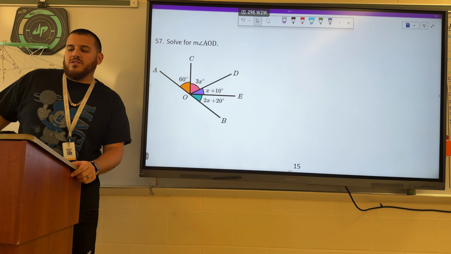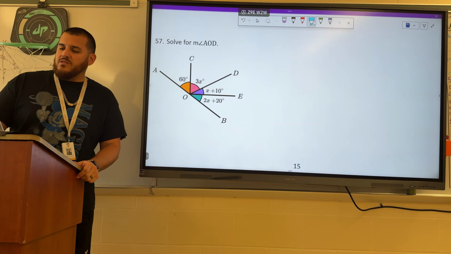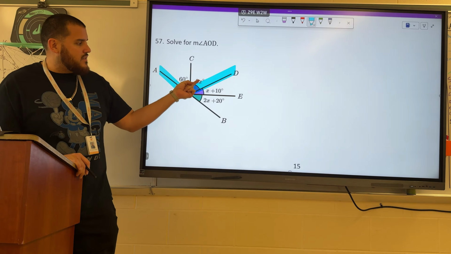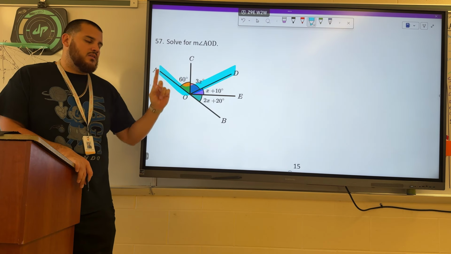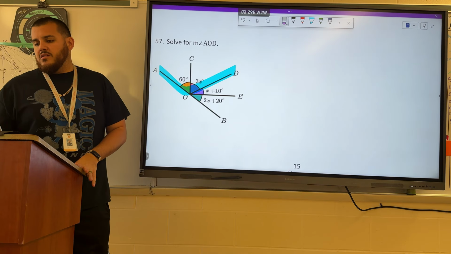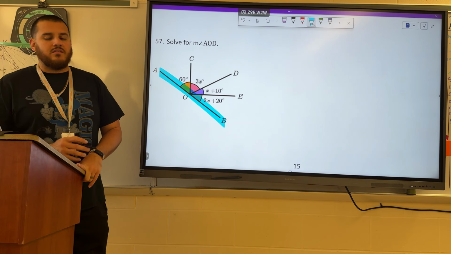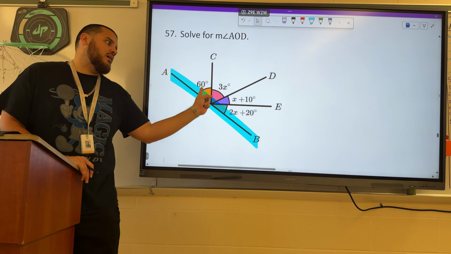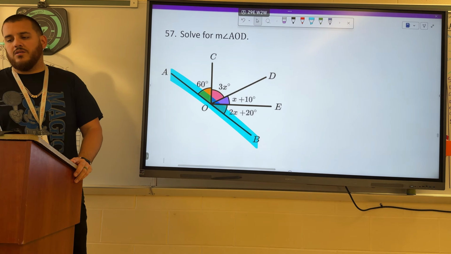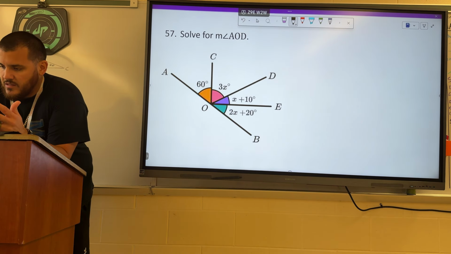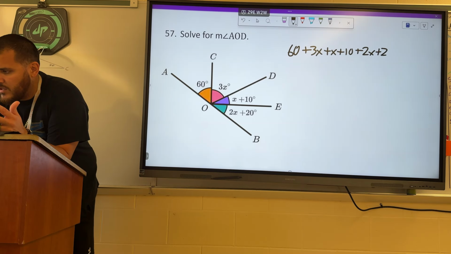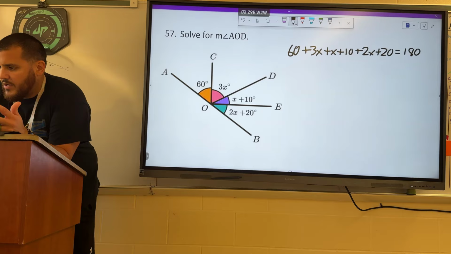In example 57, we're solving for the measure of angle AOD. That is this angle right here. We already know part of it is 60. We need to find this other measure here and add it with 60 to get AOD, which means we need x first. In order to do that, we need to understand that AOB here is a straight angle. Straight angles are 180 degrees, so that means all of this on one side of my straight angle must add up to 180 degrees. So we got a pretty long algebra equation here. 60 plus 3x plus x plus 10 plus 2x plus 20 has to equal 180 on my straight angle, and